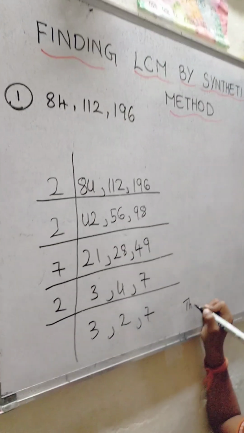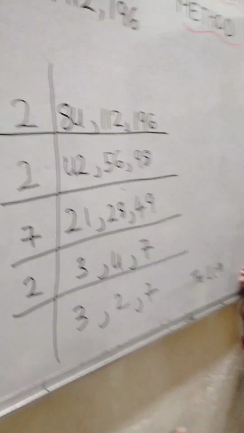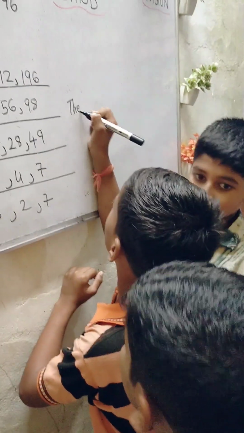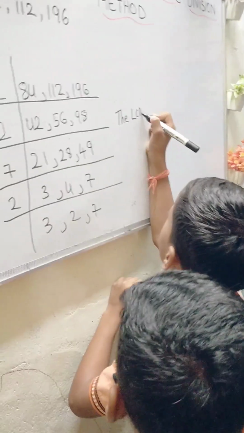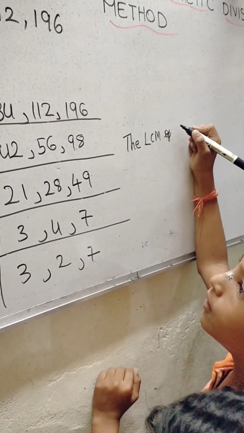So, now you have to find the LCM. You can write it at the top. The place will not be sufficient, but do it here. Okay. So what he has done, kids, he has written the quotient below each of them and he has carried forward whatever he is not able to divide.